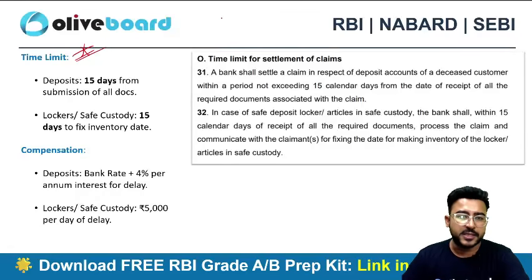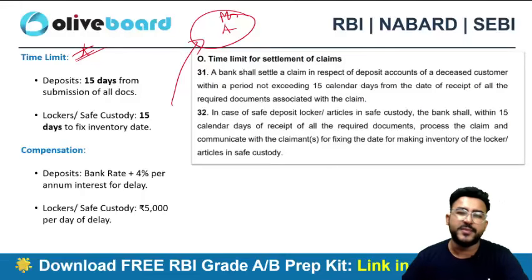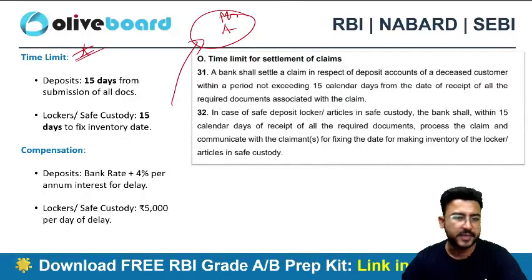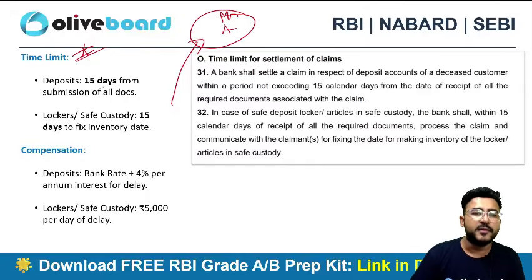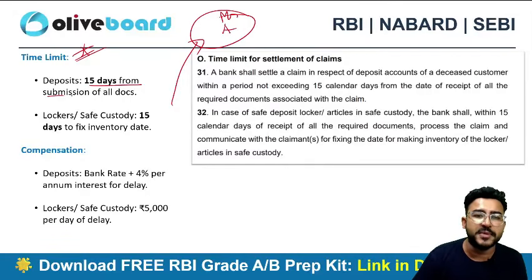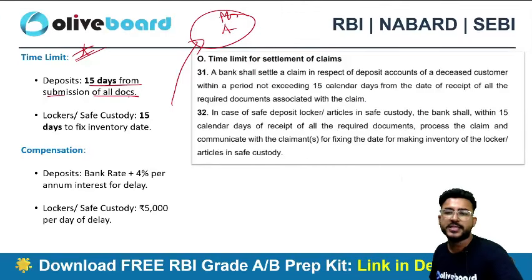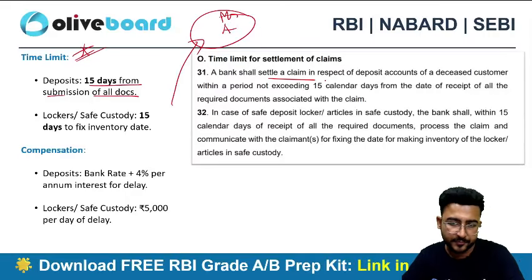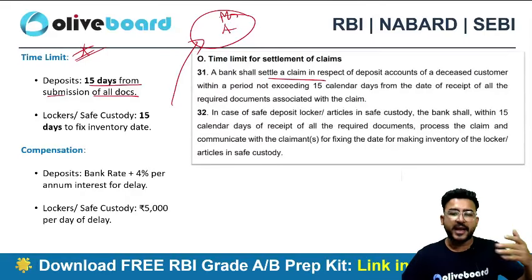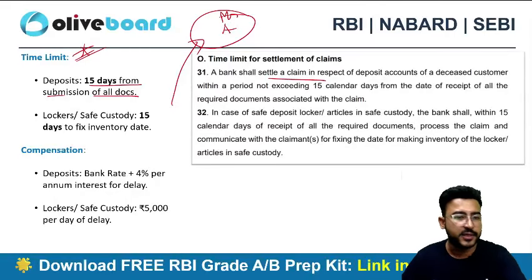Let's suppose a legal heir of Mr. A has already filled the form. Nominee of Mr. A, or maybe the legal heir of Mr. A, has already filled the form. Then within 15 days from the submission of all the documents, the bank needs to disburse, the bank needs to settle that claim, right? The bank needs to settle the claim within 15 days of the submission of all the